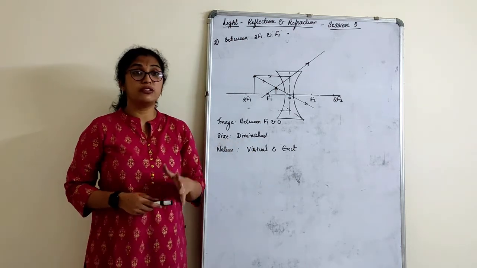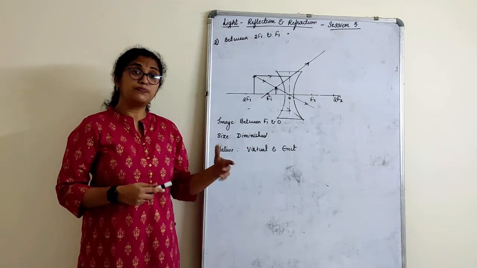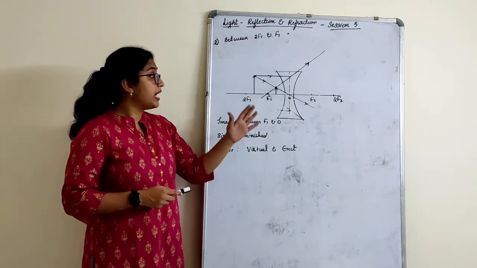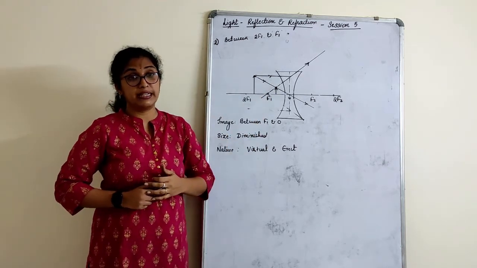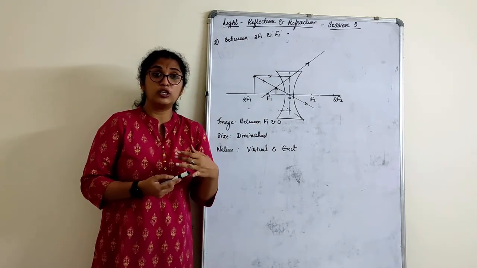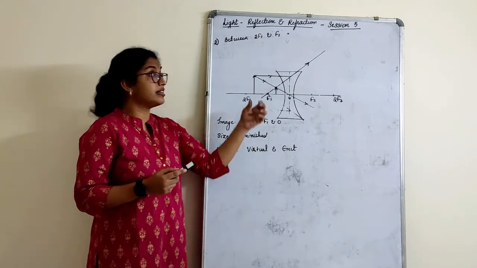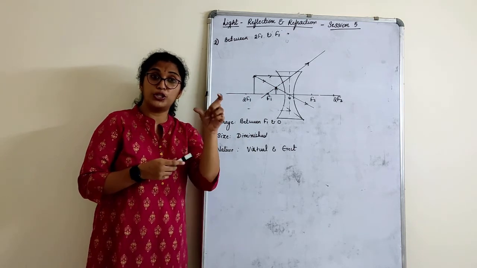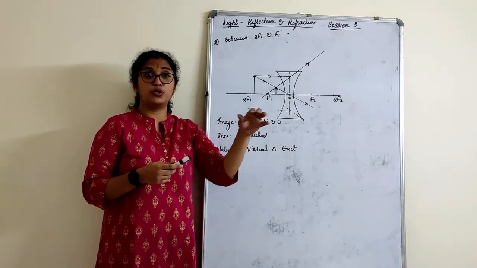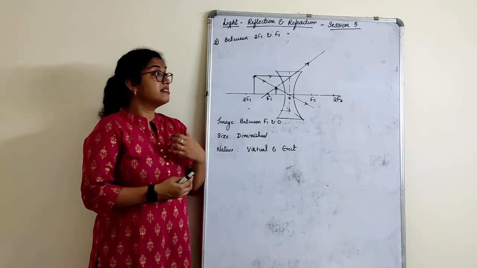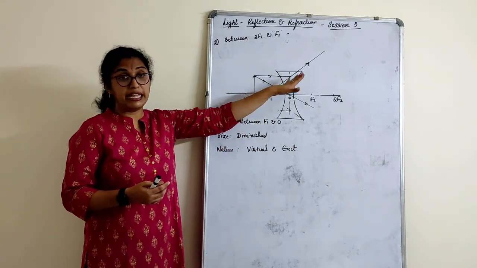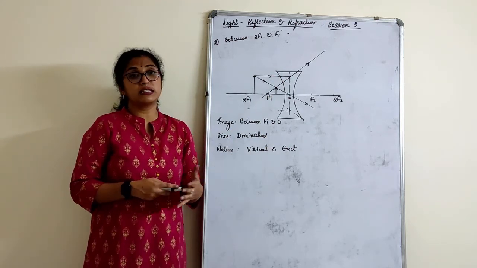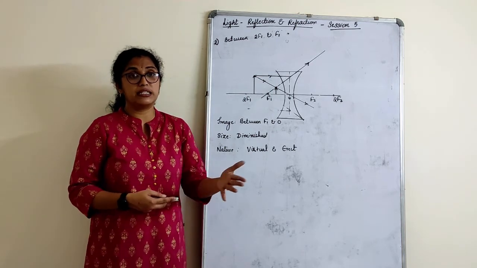Now in tomorrow's session we will understand the lens formula. Just as we had the mirror formula, we have a formula for lens also. As well, we have sign conventions for these lenses. What is the focal length? Whether the focal length should be positive or negative, in which cases? In convex and concave, what should be the sign of the focal length? What should be the sign of the object distance, image distance, height of the object, height of the image, magnification? The same thing we will study again for the lens also. Along with that, the last topic which is left is power. We'll also discuss what is known as the power of the lens in tomorrow's session.